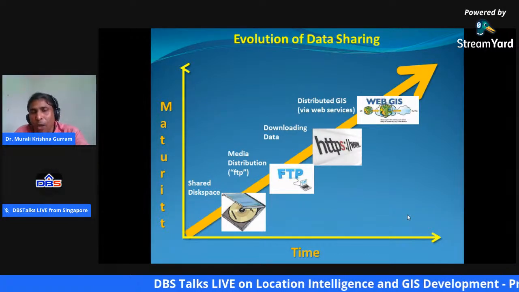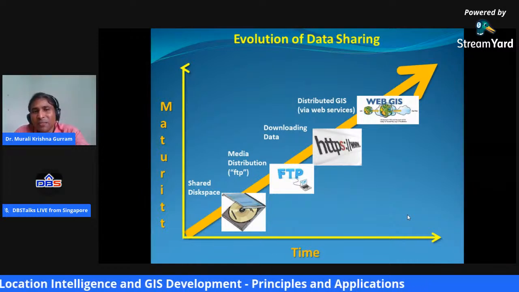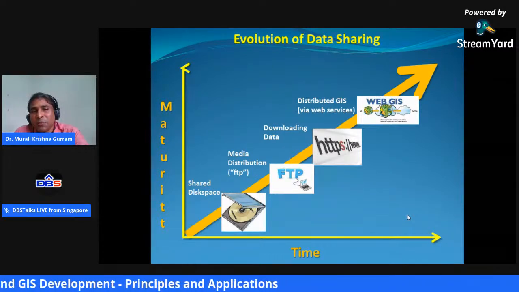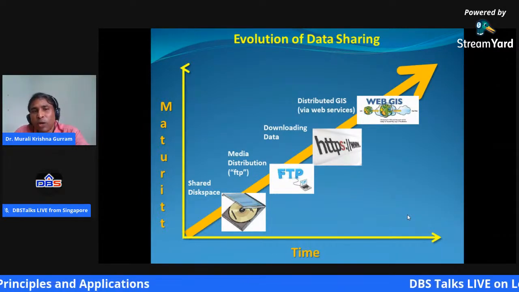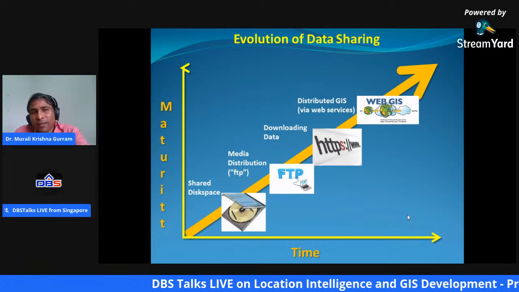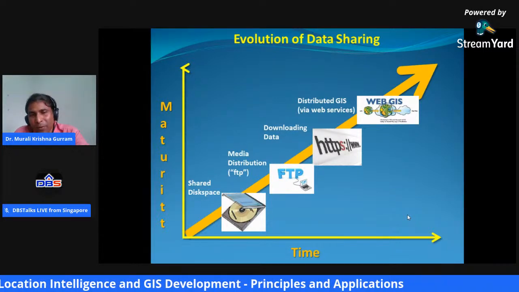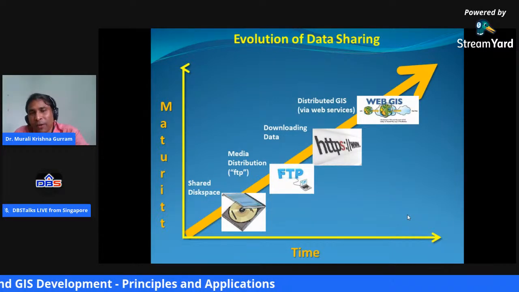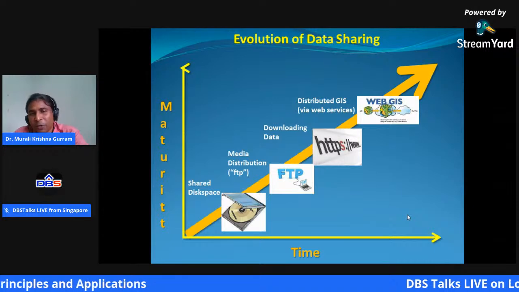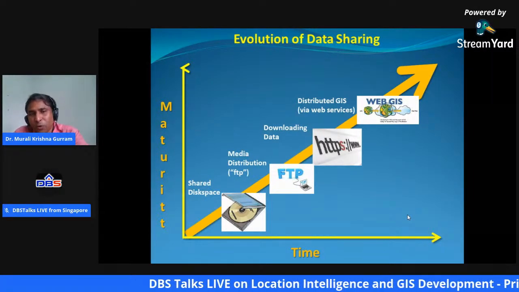Now we are talking about pen drives, which have much more powerful capability than those big data storage disks. Slowly their importance was reduced because of the introduction of FTP, the file transfer protocol.